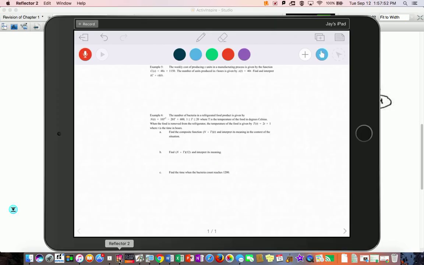So continuing on to example number 5. They're giving us two different equations and simply asking us to do a composition. So one more time, that means that x is going into c. So we're going to take this function and bring it over here and put it in. So c of x of t